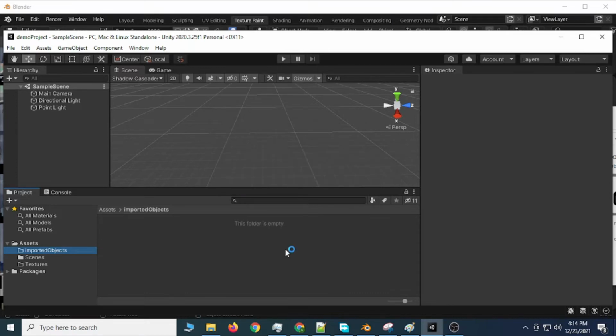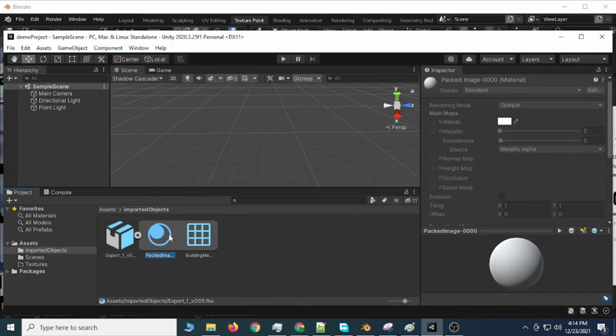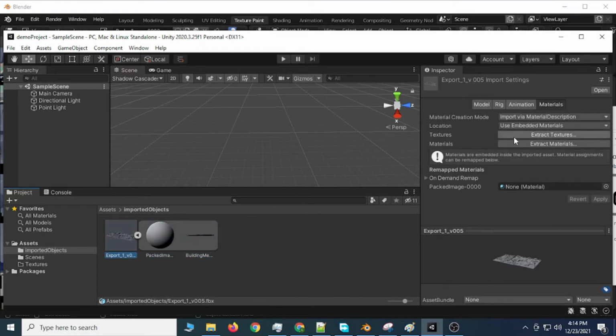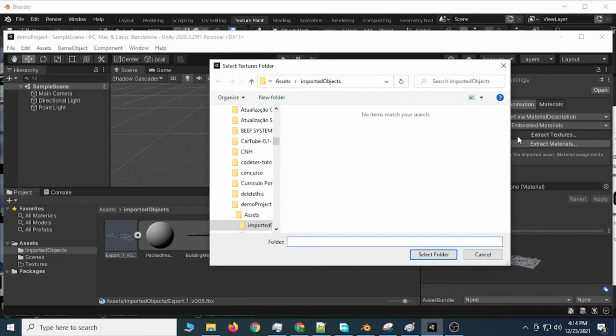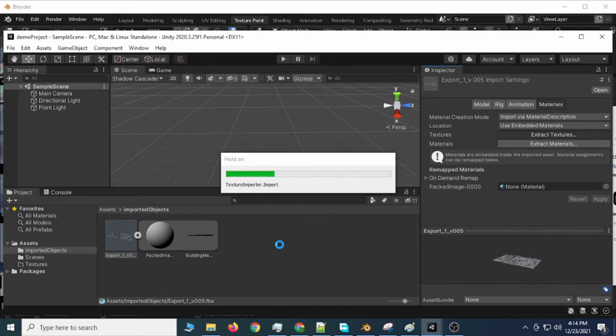If you click this like a play icon here to the side of the asset, it opens up the material and the textures and the mesh. So you can see there's no texture applied to the material. It's because you have to load the textures in Unity. So for that you go on the material tab there and click extract textures and choose the same folder that the asset is in, and then it will export